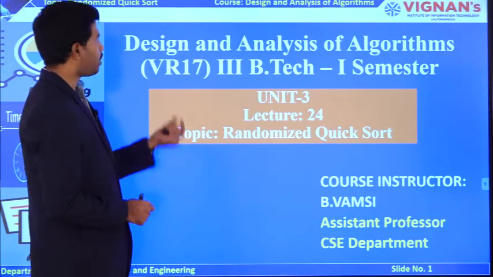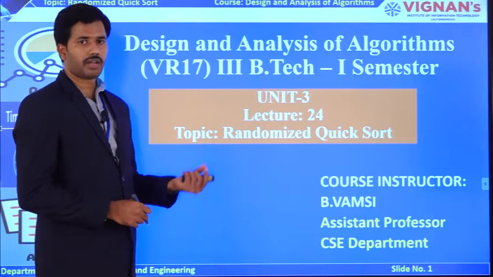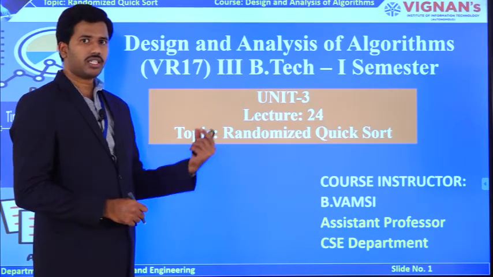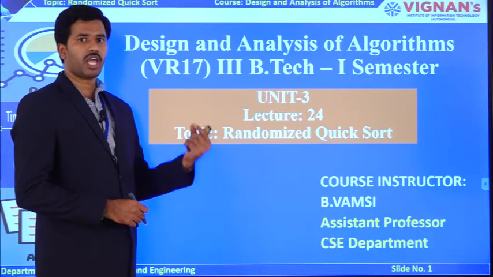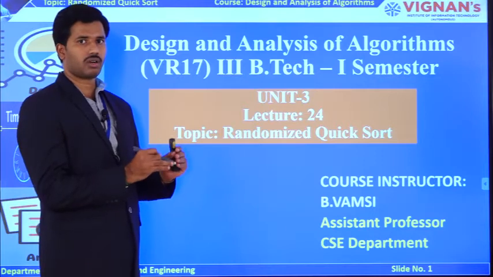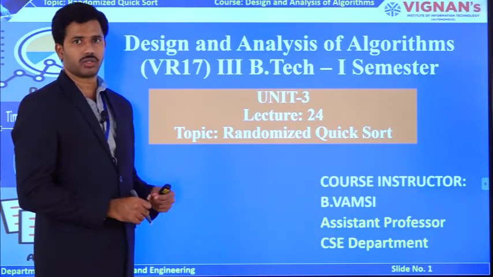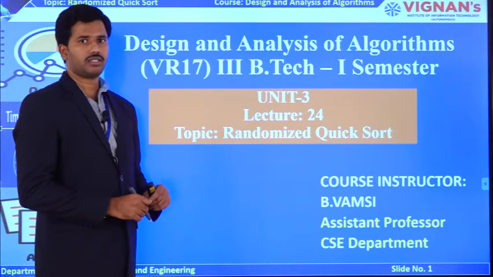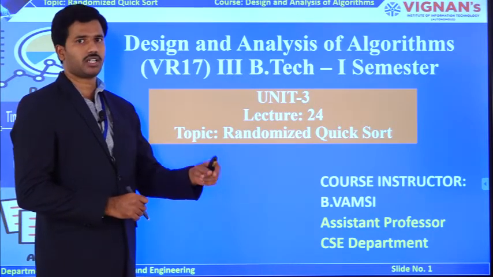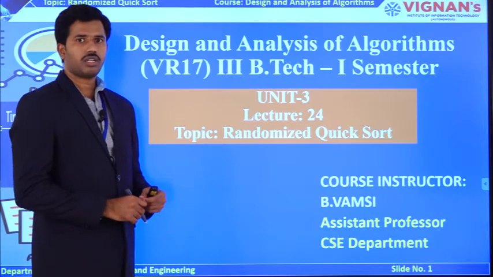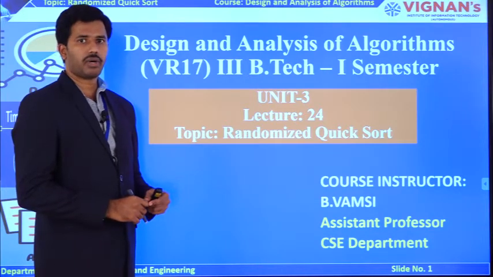But coming to this randomization chapter, we are going to have a concept which is named as randomized quicksort. In this concept, we are choosing the pivot element randomly. That is the main difference between normal quicksort as well as randomized quicksort. In the normal quicksort, there is a principle to choose the pivot element. That can be the first element, middle element, or last element. But in this concept, you can choose the pivot element randomly.